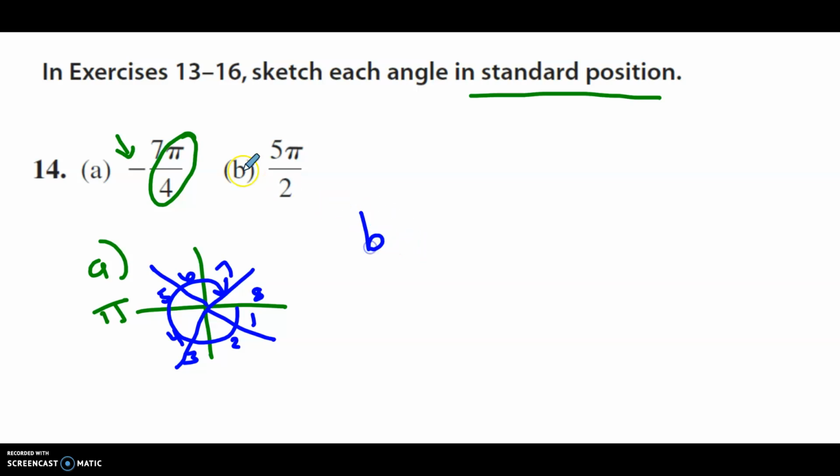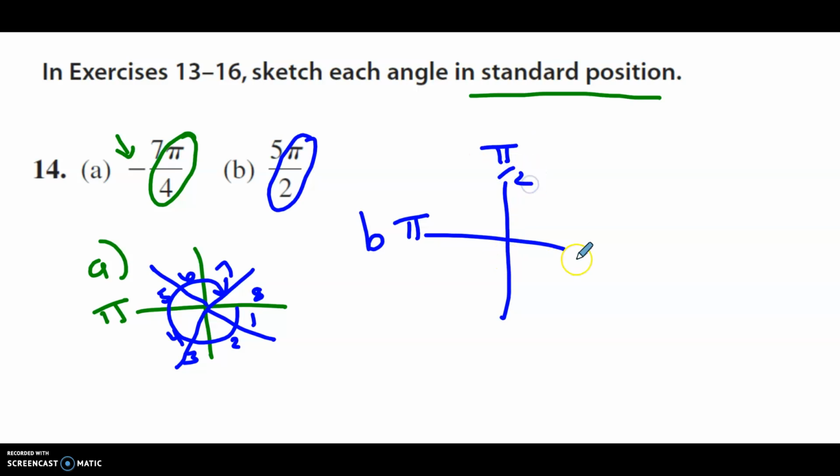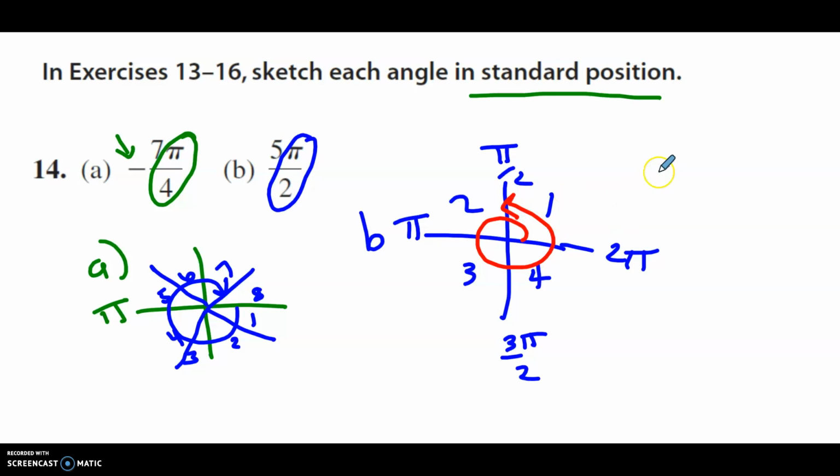Okay, B is positive, and I'm taking pi and dividing it by 2. Well, that's kind of already done for us. This is pi. This is pi over 2, right? So it's being divided in 2. This is 3 pi over 2. And this is 2 pi. And so this is 1 and 2, 3 and 4. And I think I want to be at 5. So to get to 5, I have to go a full circle and another 1. So I land here. This would be 5 pi over 2. All right, that's going to end this one, and I'll do